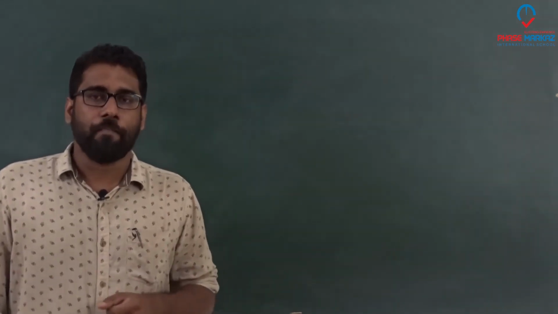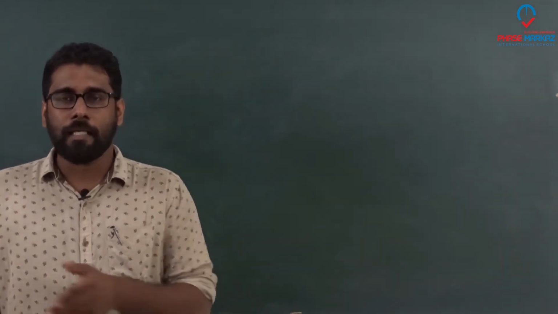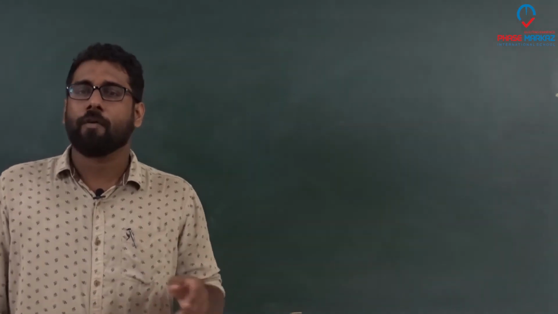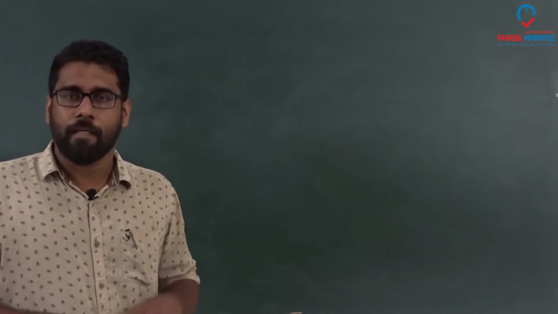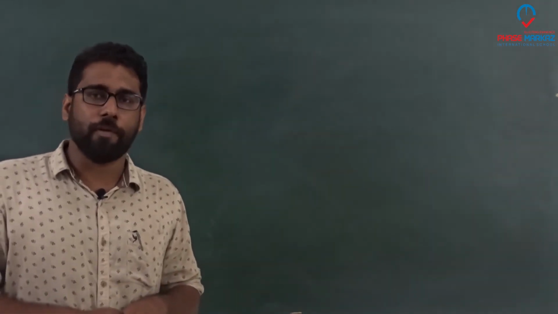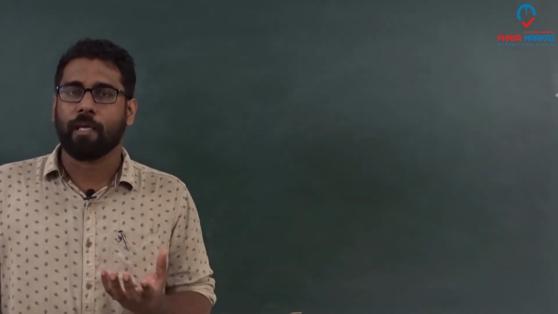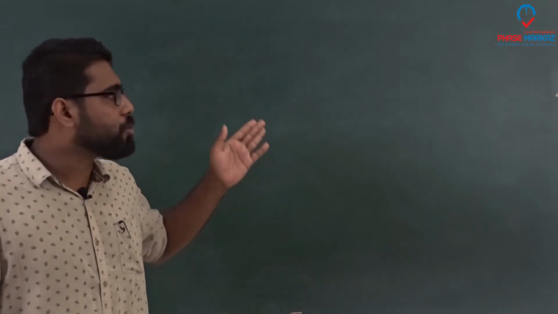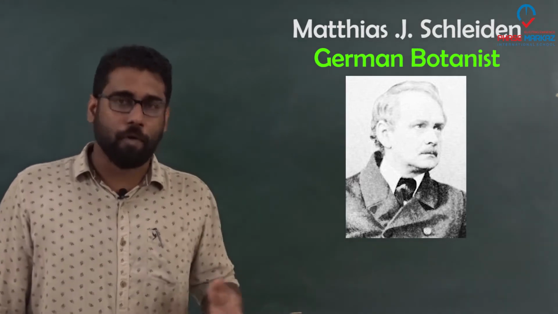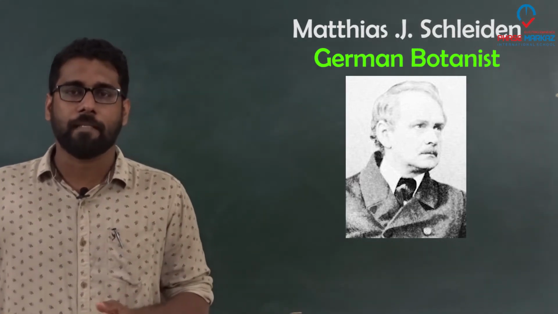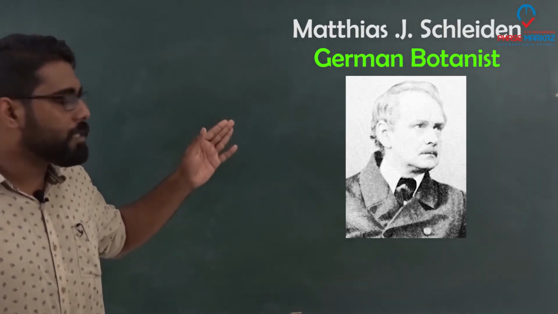And all this discovery literally led to other thoughts in some scientists. And there is a group of scientists working in Germany. People still don't have any idea about cell theory, but even people living in Anton von Leeuwenhoek's era didn't have any idea about what actually a cell is. So there are a few scientists working on cells, like Matthias J. Schleiden, a German botanist, who is working on plant cells. Botany is the branch of science which deals with the study of plants. He is a German botanist, and he is the person who,